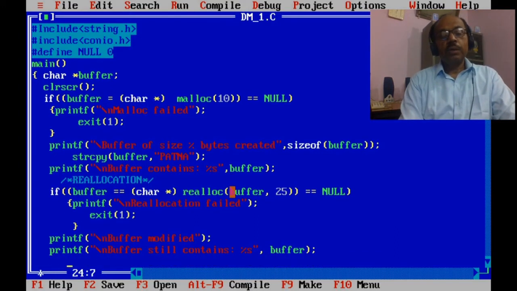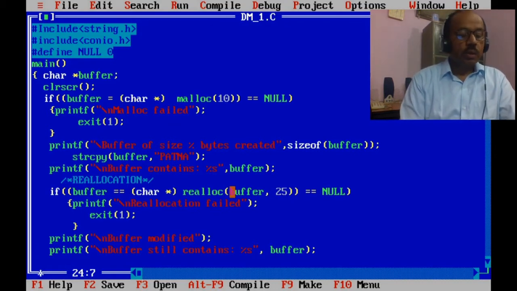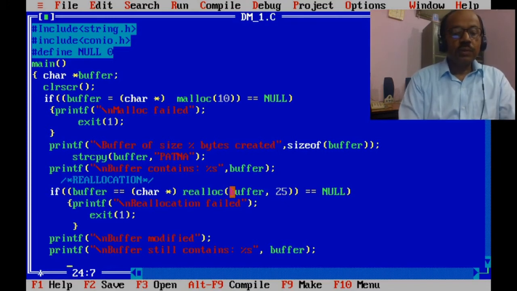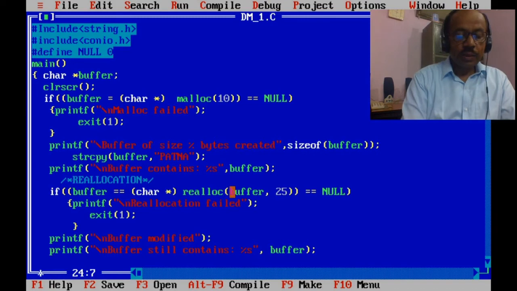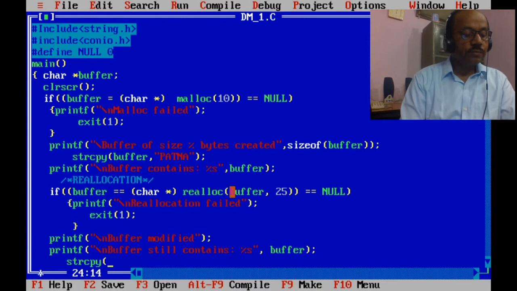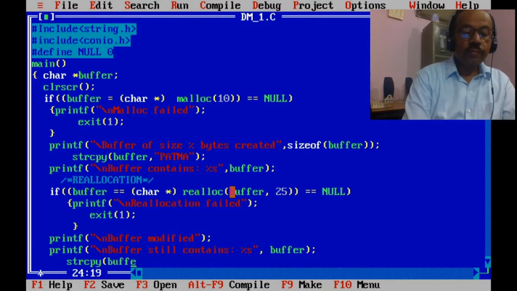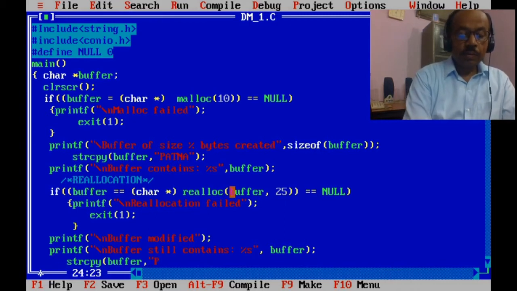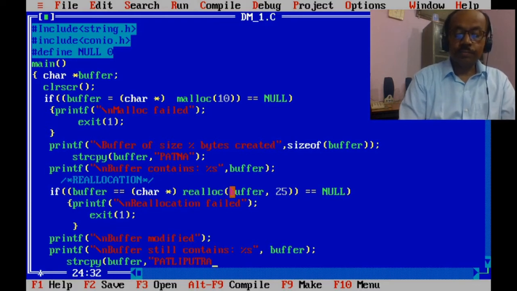Now we are assigning a different value. Since we have enhanced the buffer size, we will put here a longer name. The strcpy function is used to copy a string: buffer and Patliputra.